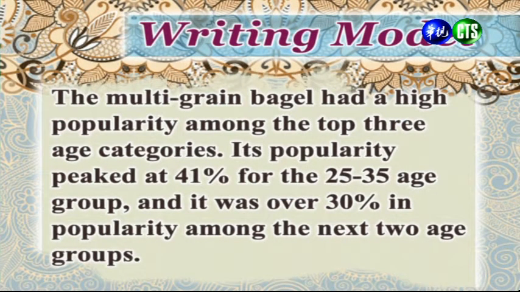The multigrain bagel had a high popularity among the top 3 age categories. Its popularity peaked at 41% for the 25 to 35 age group, and it was over 30% in popularity among the next 2 age groups. 五谷贝果在前3高的年龄族群中有着较高的受欢迎程度，它的受欢迎程度在25岁到35岁的消费者中获得最高的欢迎度是41%，而在紧接着其他2组的年龄层消费者中，也有大约30%的受欢迎程度。All right, and so you can notice here again that the writer is interpreting the data to draw some